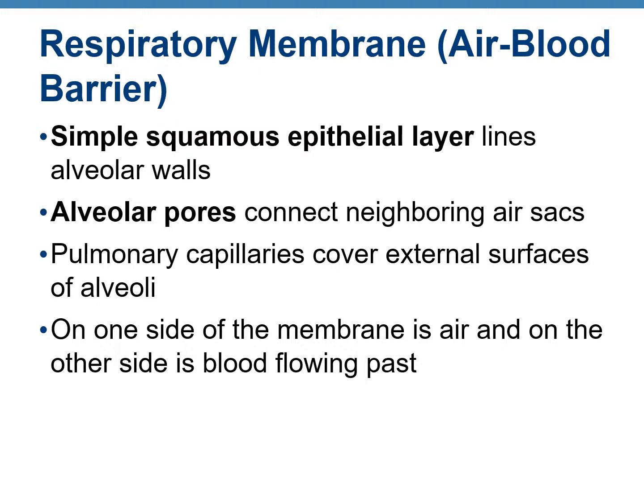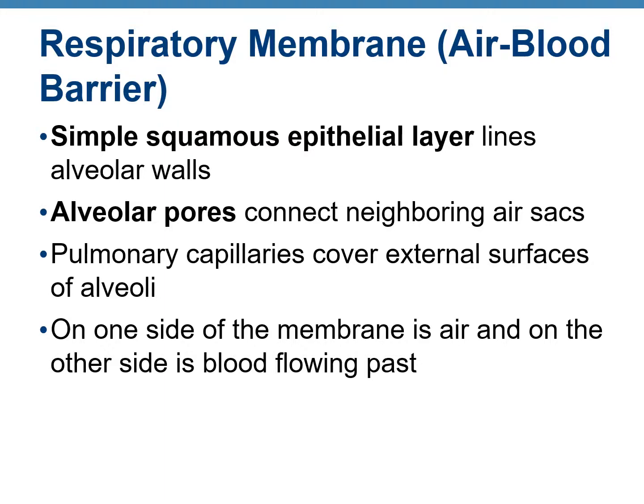There are pulmonary capillaries, that means those really tiny thin-walled blood vessels that are covering the outer part of the alveoli. So consider a yarn that you are winding around the grape, and that is the pulmonary capillary. So on one side of this alveolar wall is air, and on the other side is the blood which is